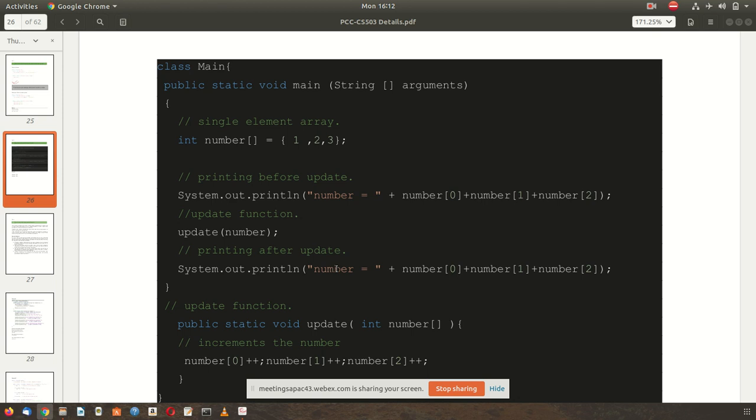And in pass by value, only the name of the variable is sufficient. Suppose there is a variable int x, and you give x, that means you are passing by value.